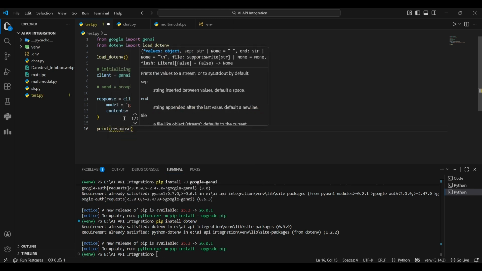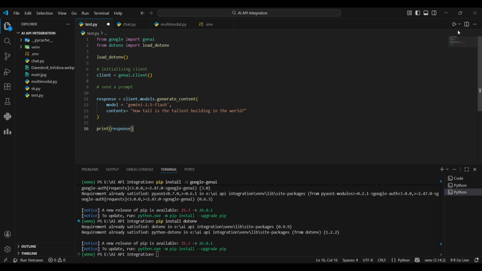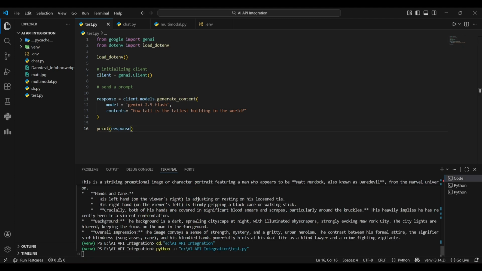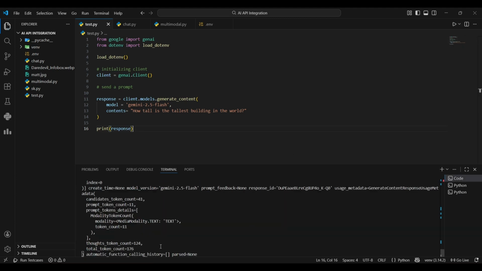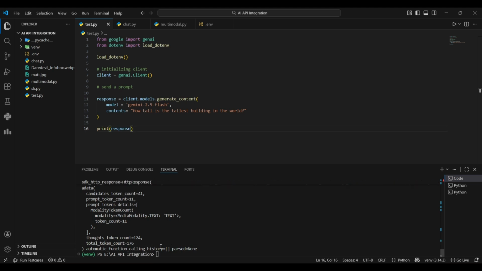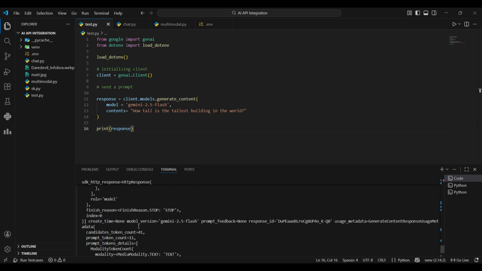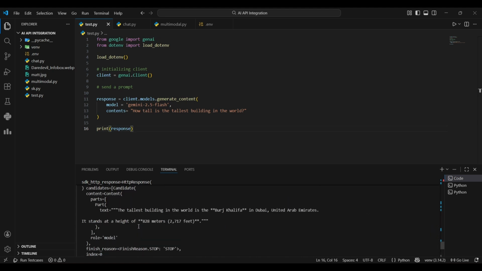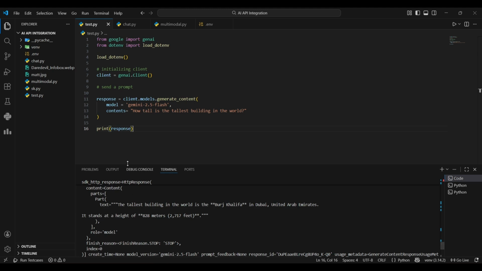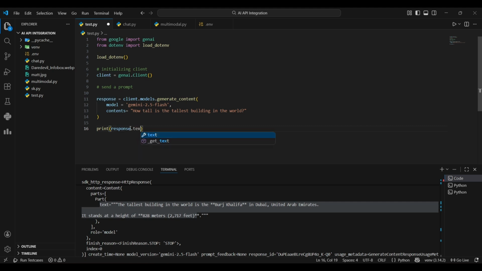Finally, we simply want to see the result or the response. Now if I just print the response, I'm going to get a result, and that is going to be the JSON file. As we all know, a function or API call always returns a JSON file, and here you can see this is the JSON. Since we want only the answer, we use this key of the dictionary, and for that we go for python dot print response dot text. This would give us just the result, as you can see